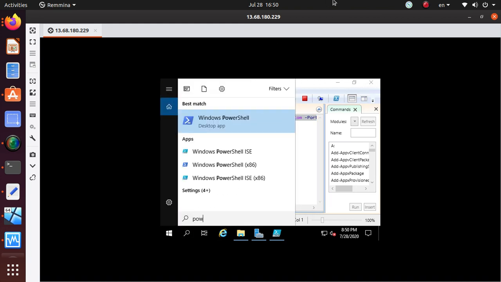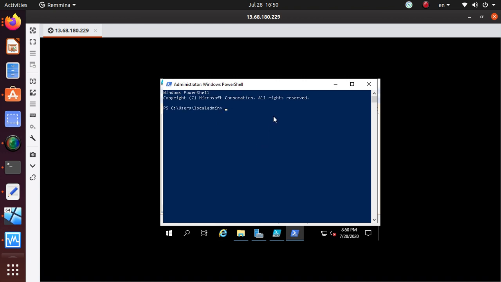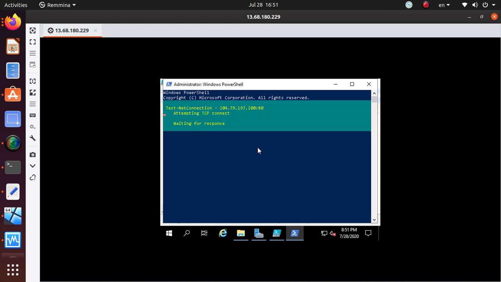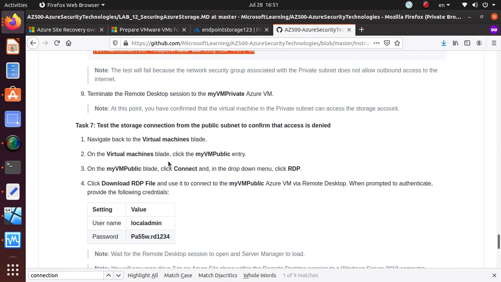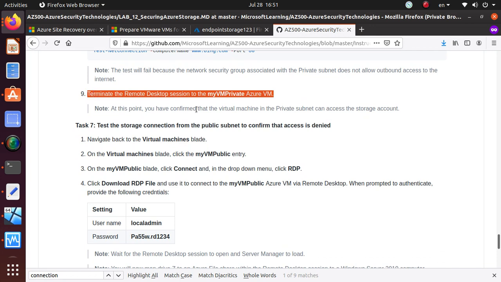So this is not gonna go anywhere because it's something that we are specifically stopping. You can also go to PowerShell and you can run the same command and you can hit enter and it will do the same thing. It will just wait for a response, and at the end it will say no, it's not successful. Okay, so that we have verified, and finally we can terminate the desktop connection to the my VM private, the